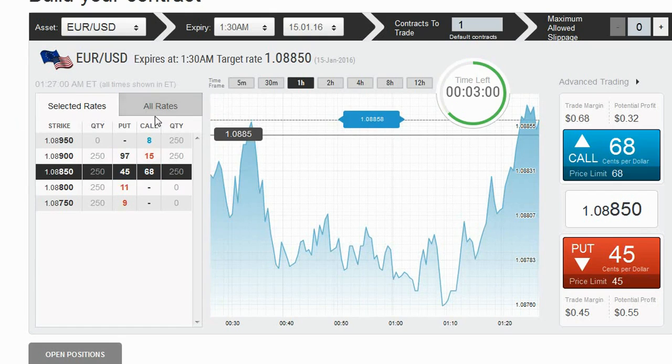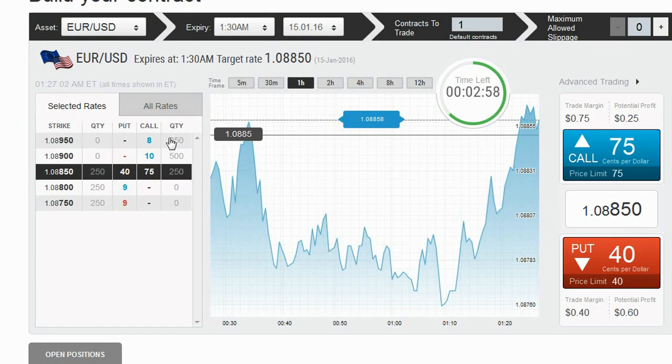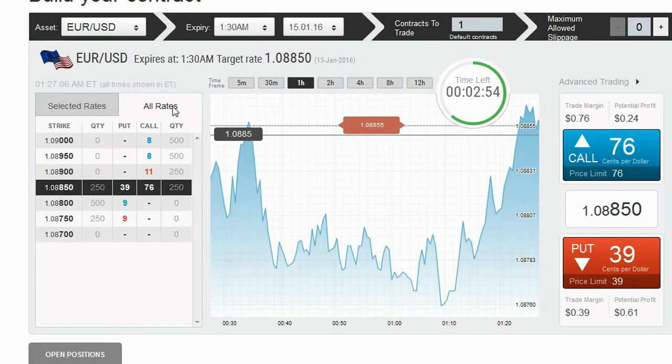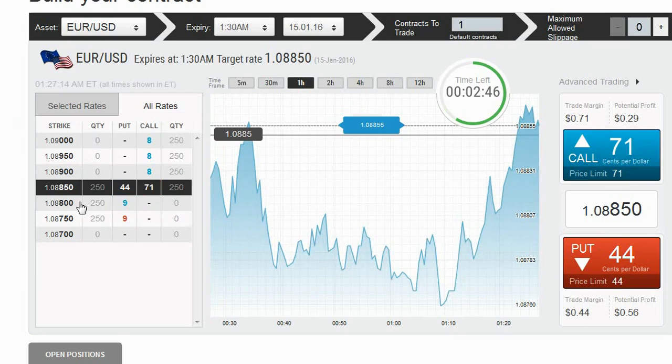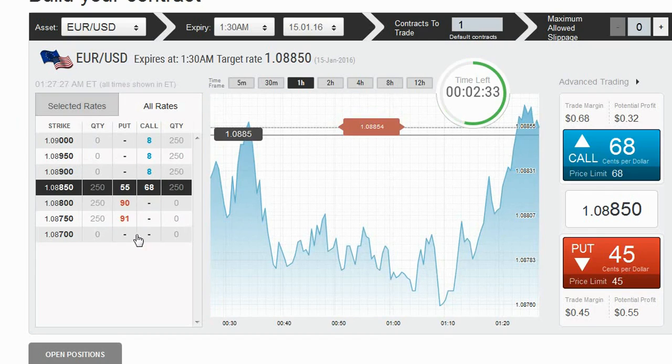I'm going to go to all rates. Now, this is going to let me see every strike that's available right then, and some of the strikes aren't going to have any action. But the reason that I'm switching is because if a strike were to become unavailable and there's no action on it,